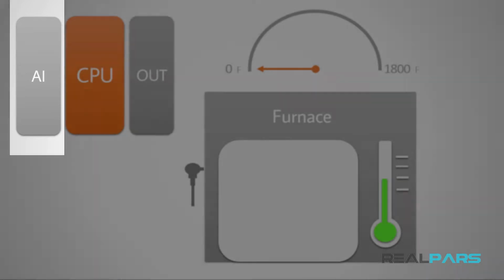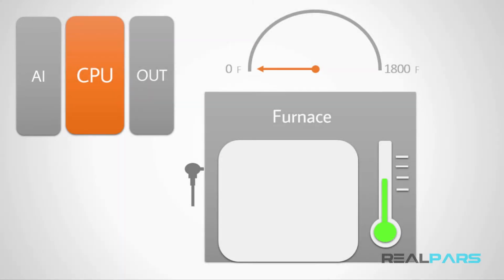Now, the question here is, why do we need to use this module? Can we not use the digital input module that we used to use before in here as well? The answer is negative. Why? Because the signal that is received from the thermocouple is not a digital signal, or so to speak, a 0-1 signal, but it's a signal which is in a certain range, and in this specific range, meaning 0 to 1800,